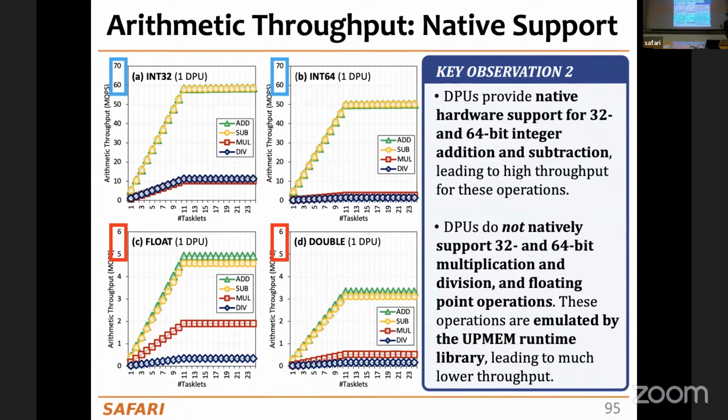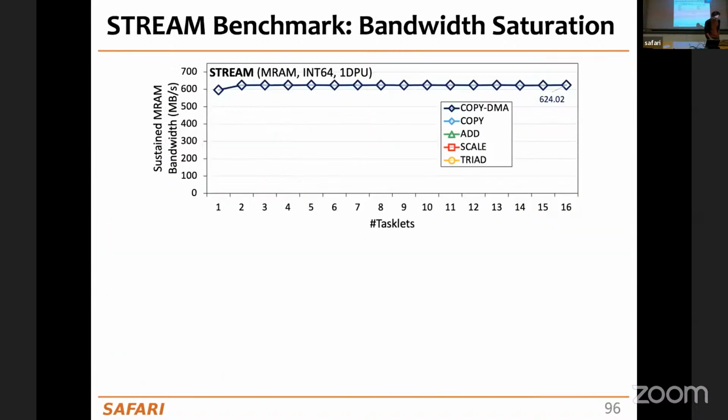And don't forget that this is the first commercially available PIM architecture, right? So hopefully things will improve fast at some point when the PIM architectures become much more available, right? And much more ubiquitous in computing systems. We also characterize what's the bandwidth that the DPU can enjoy from the access to this